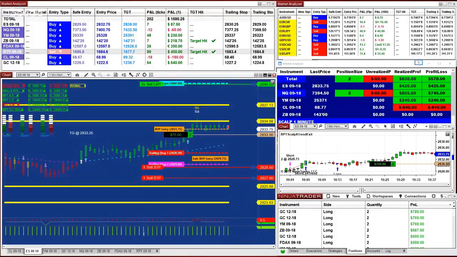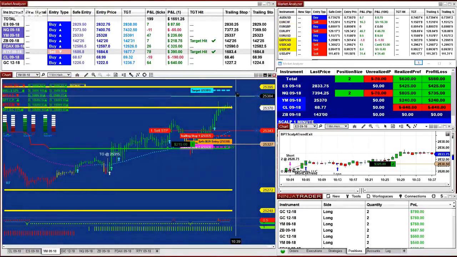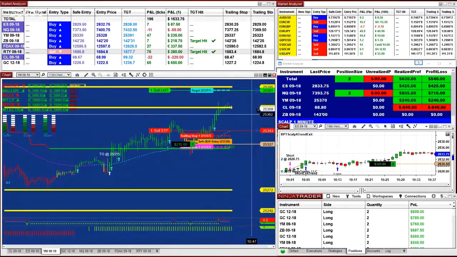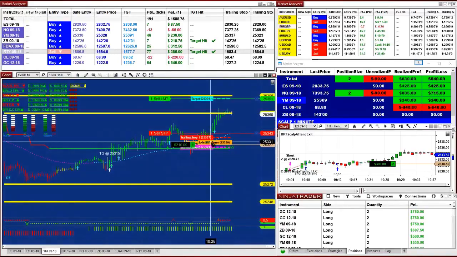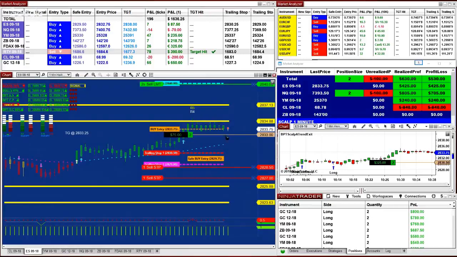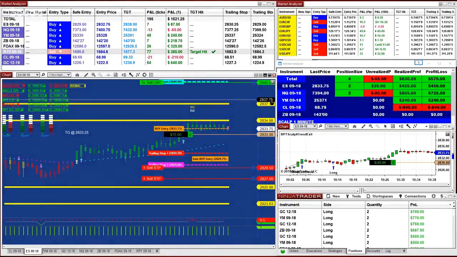Let's go back on the YM. It's telling us that there is still a lot of potential. So let's see. Let's go back on the ES. Okay, it's dying on us, the ES. We cannot do anything, so we just wait.